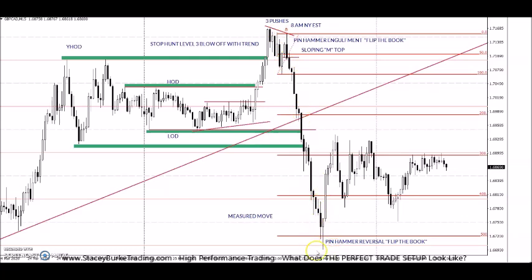We see the pins and we see the flip the book where they come back inside of the range and consolidate into the US close. But again, the blow off, level 3, day 3, at the high of the week, 1 push, 2 push, 3 pushes, pin hammer, engulfment reversal, 8 a.m. New York Eastern Standard Time just prior to the New York Open. Structure for measured move,